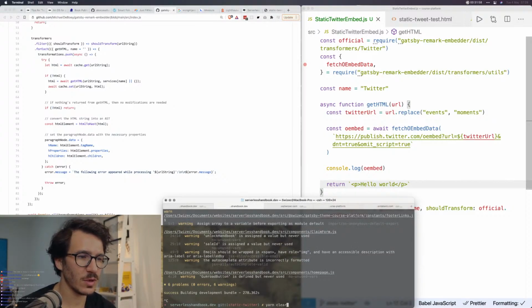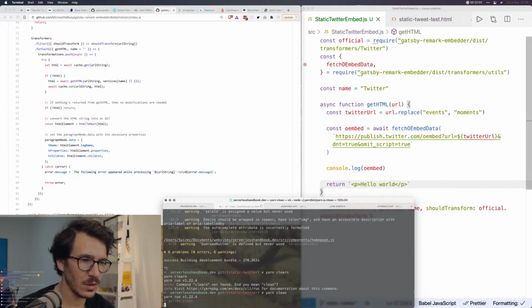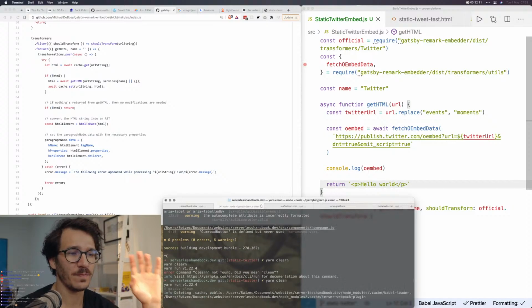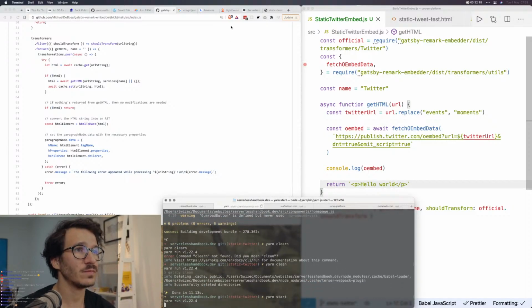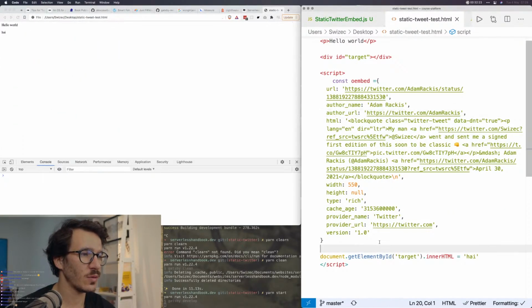So I'm going to run yarn clean, and I'm going to run it again, yarn clean, and just run it again real quick in the background because it should work, and it's pretending like it's working, and then we can focus on the test that we set up. Yarn start. Okay. Now in the test that we set up here, we're going to say that we're setting this to